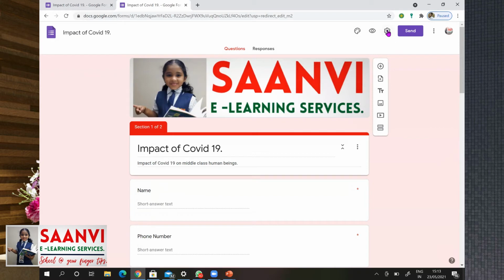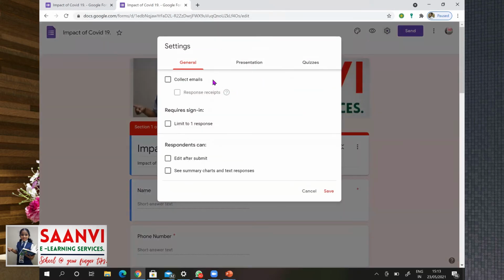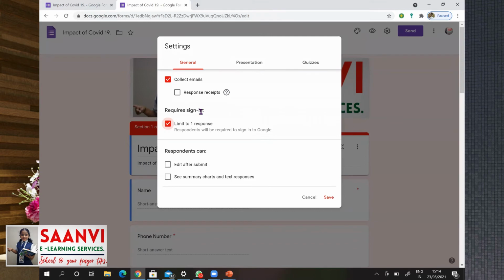Here we have some other settings. Click on settings here. If you wanted to collect email IDs, you can click on collect emails, and you can permit the user to submit n number of responses, or you can limit them to one response. Limiting them to one response is always good.